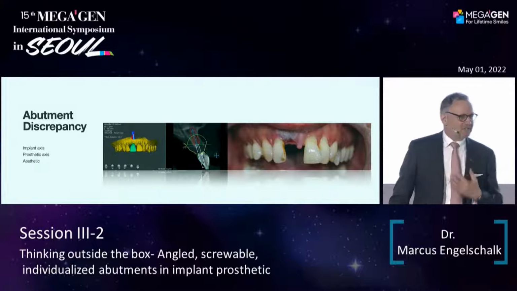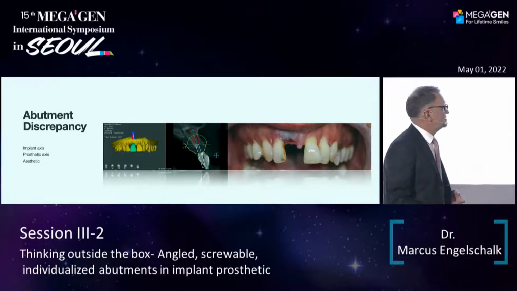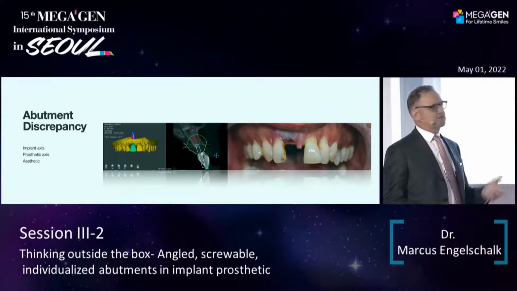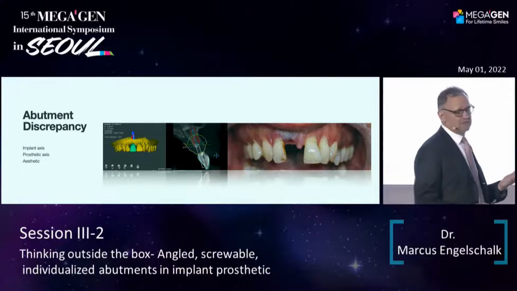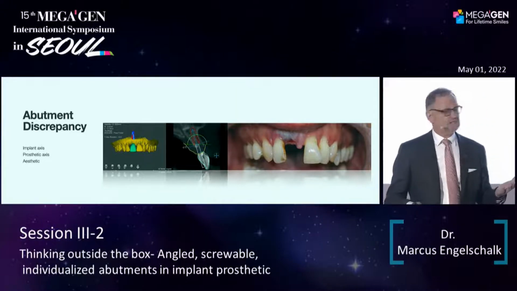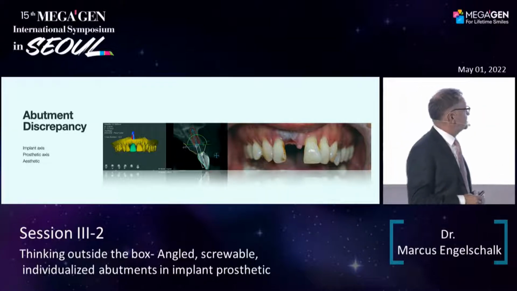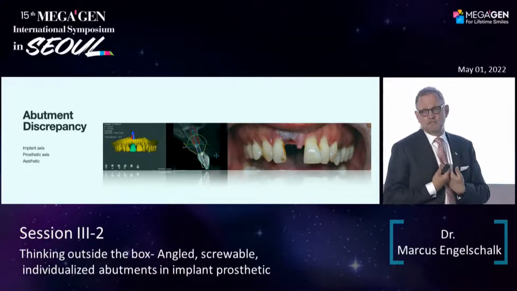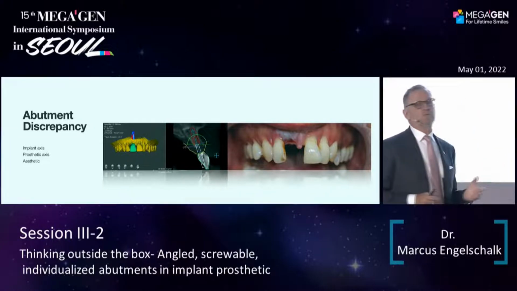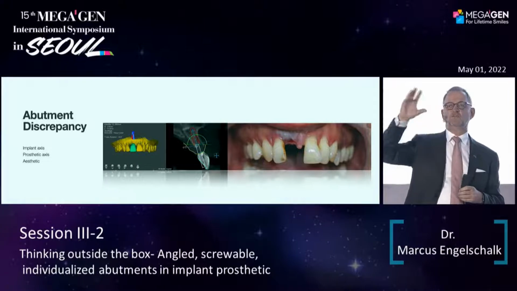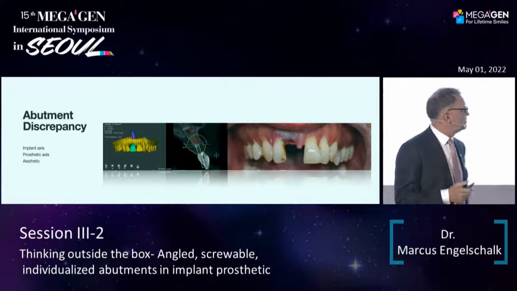First, like Howie, I want to start with a not so good case, not a perfect case. You see, this is a compromised situation. There's no tooth anymore, so we have bone loss and severe periodontitis. It's a problem case. Looking at our planning, which we did with R2Gate, in my opinion one of the best implant planning software at the moment, you see that we can clearly have an idea of the future crown, of the implant, of the bone,